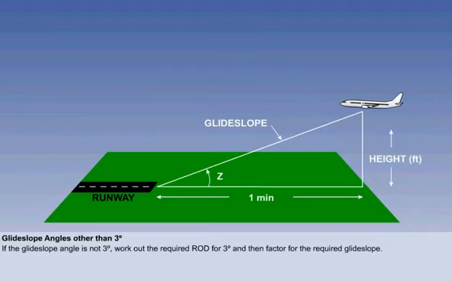What if the glide slope angle is not 3 degrees? How will this affect the required rate of descent? The easiest way of dealing with this is to work it out for 3 degrees and then factor it for the required glide slope angle. For example,